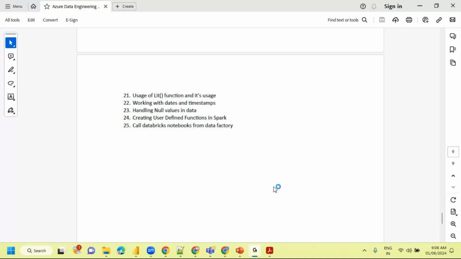Hi Bhaskar, this is Sridhar. What is the major difference between Azure data engineering and Azure data management? It looks like the same, but I'm not exactly sure.